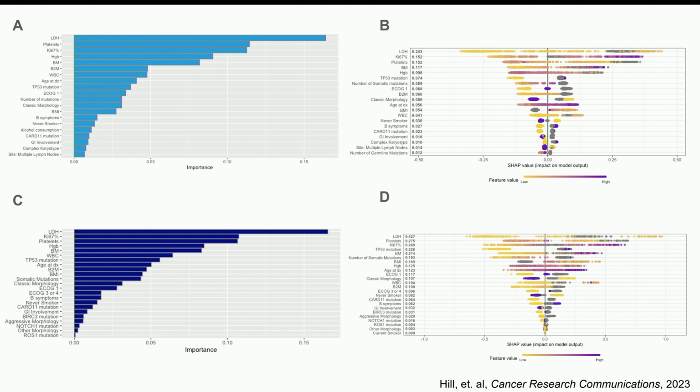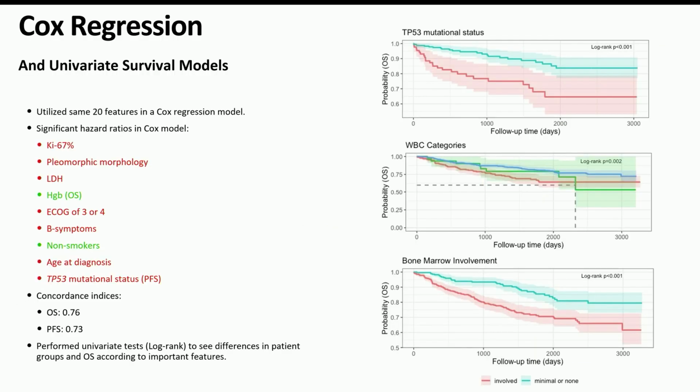And so we did find a couple of surprising things. One thing we found is that some of the cytogenetic features weren't as important as previously thought, maybe, and that these gene mutations were factoring more into this. And it actually wasn't a surprise to the pathologist we worked with, as he said that looking at the DNA gave us a more granular view of what was happening on the molecular level, and that cytogenetics were really a generalized or broader view. So that was kind of interesting.